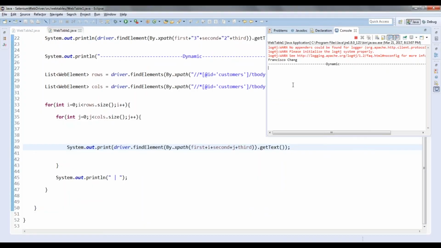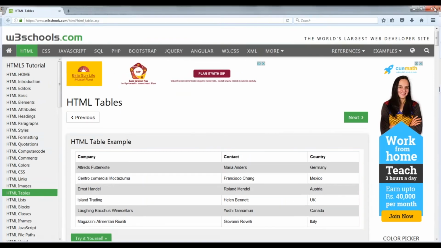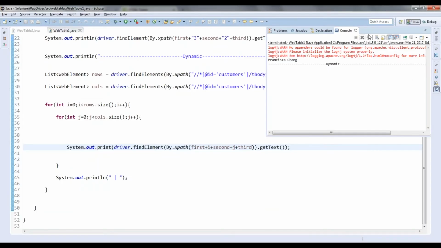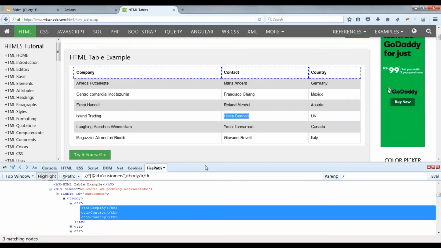Okay, it's not fetching the value here, right? Let's see what the problem is. First i, that is the 0th row, and second is the 0th column.